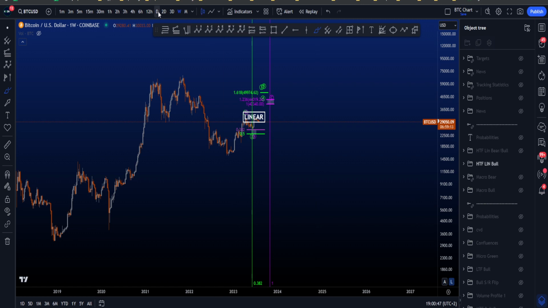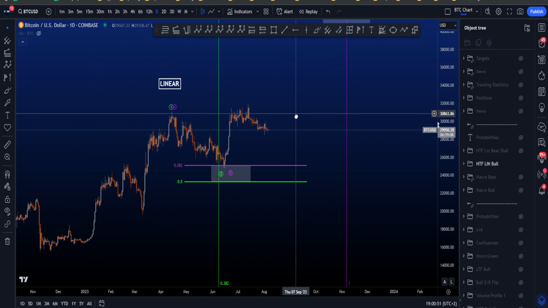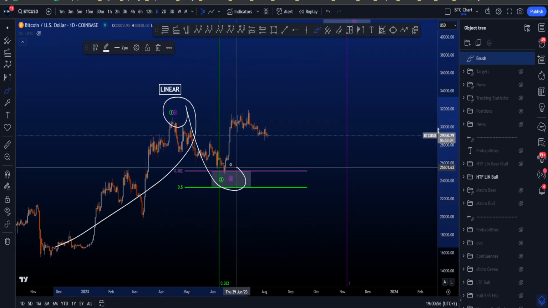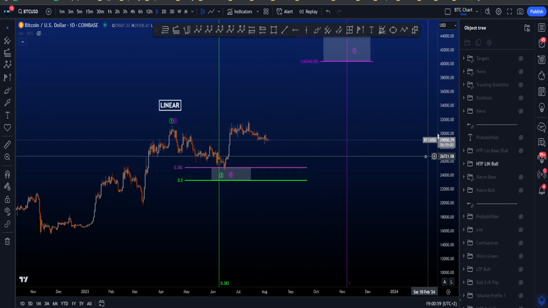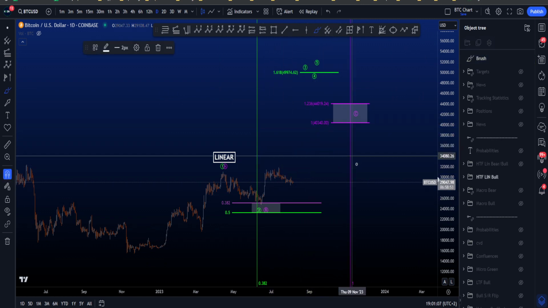If we go to the daily time frame and we zoom in, then over here, this is the most bullish scenario. This is the scenario where we have a finished wave 1 or A, followed by a finished wave 2 or B, and then we're looking for continuation to the upside in either a wave C or a wave 3. Now, if we look for a wave C, we're looking for a slower move to the upside where the 1-to-1